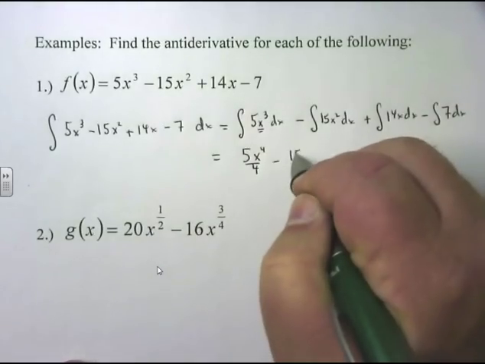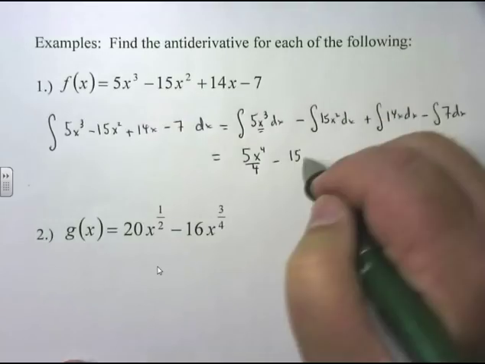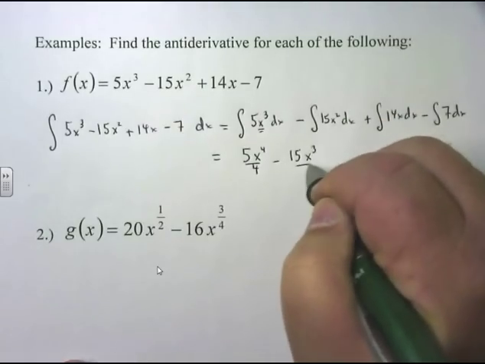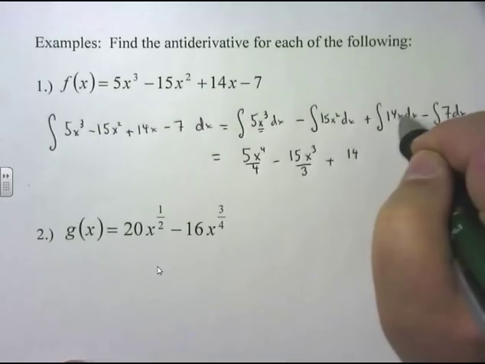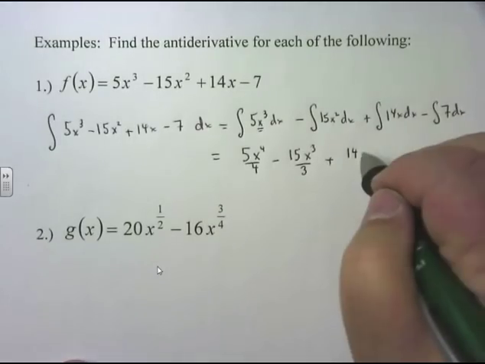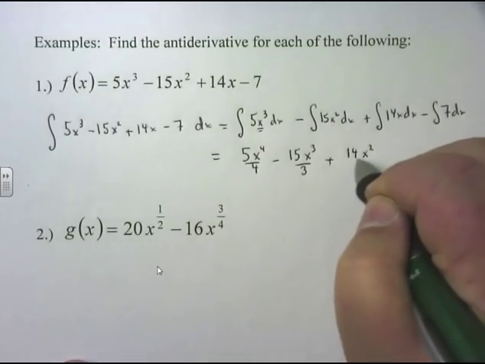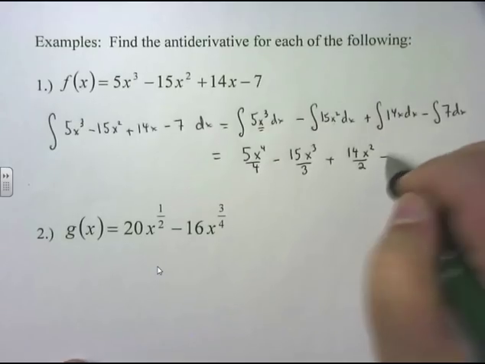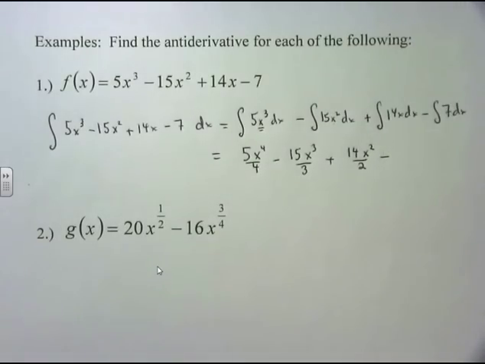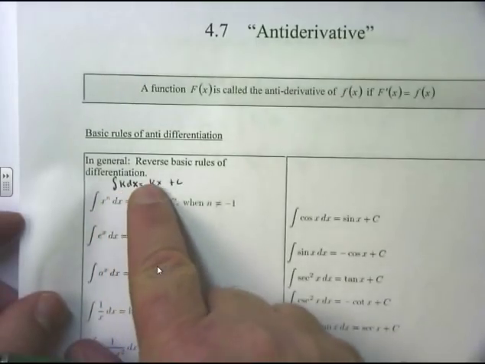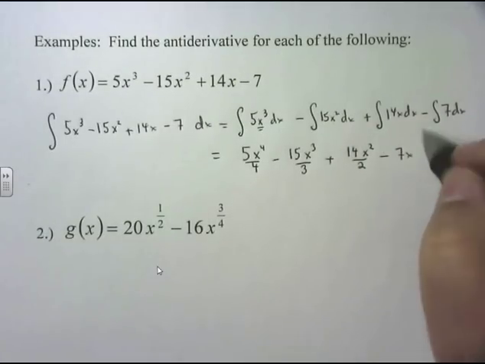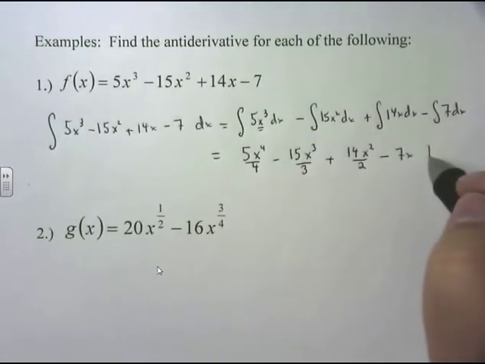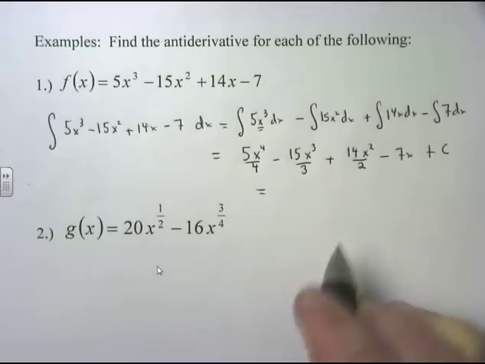Minus 15 is a constant. Hold over. What's the integral of x squared? Add 1 over add 1 is x cubed over 3. Plus 14 is a constant. Hold over. This is x to the first power. Integral of x to the first power: add 1 over add 1, x squared over 2. Minus the integral of 7 dx, and I wrote that special rule up here: the integral of a constant dx is just a constant times x. So the integral of 7 dx is 7x, and plus c plus c plus c plus c is one big plus c. So this is equal to